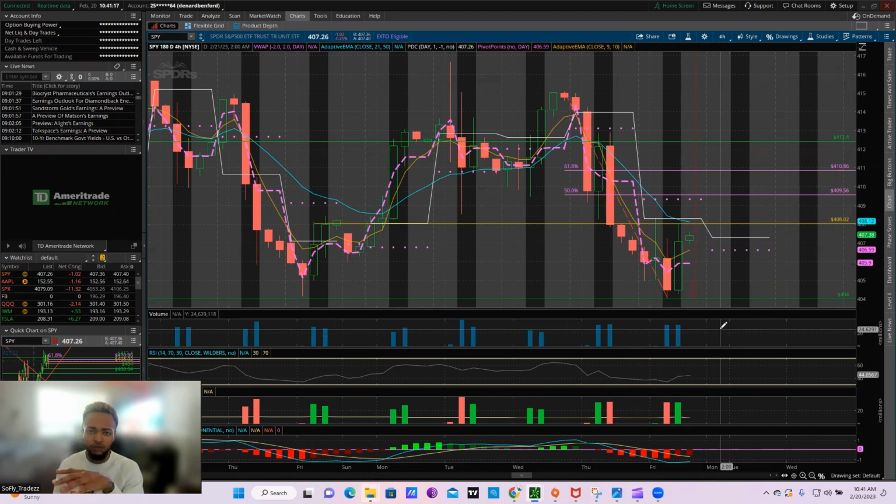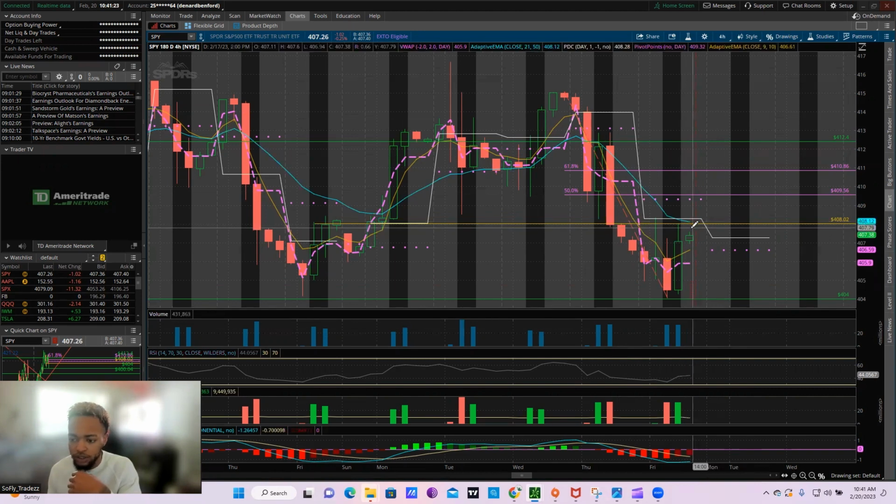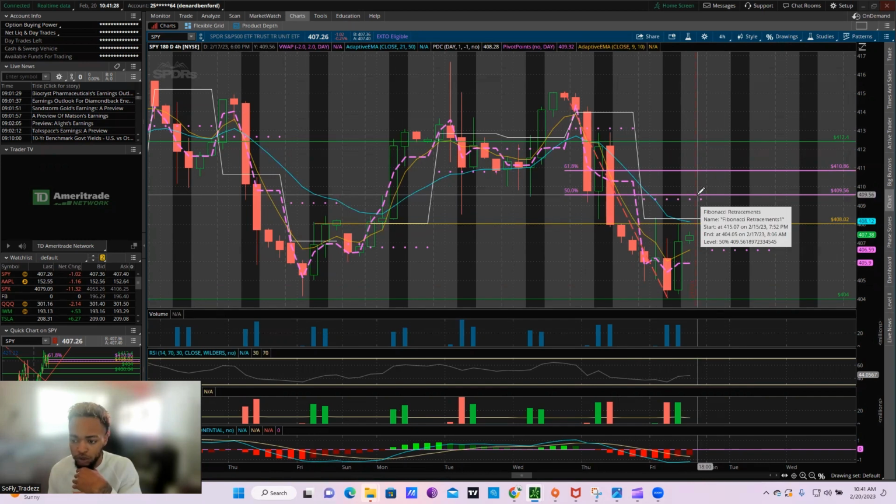So I'll just give you guys a scenario of what I do using these Fibonaccis. I'd wait for price to get up to this 409. I'd wait for it to break it, wait for it to retest it and hold it, create a base above it, to get in calls up to 410. That will be my price target. If I get in right here, my price target is 410,